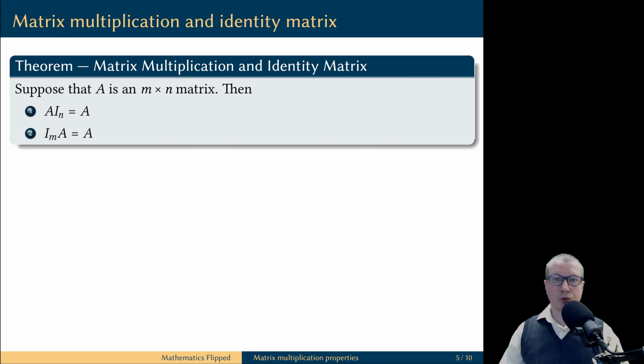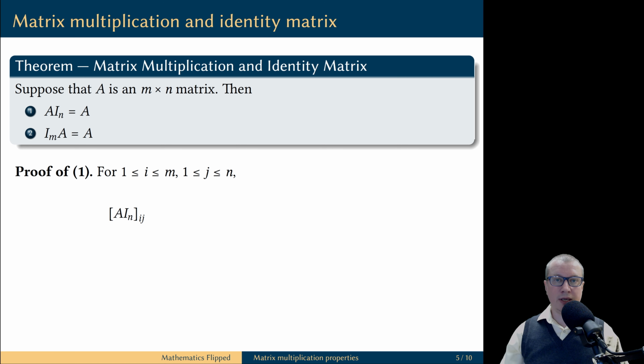Next, we are going to prove that the identity matrix is the analog of number 1 in the sense that any matrix multiplied with the identity matrix remains unchanged. Please pay careful attention that depending on the side on which we multiply the matrix A, we may have to use identity matrices of different size. Again, I am going to prove only equality 1. The second one I'm going to leave as an exercise because it uses a similar argument.